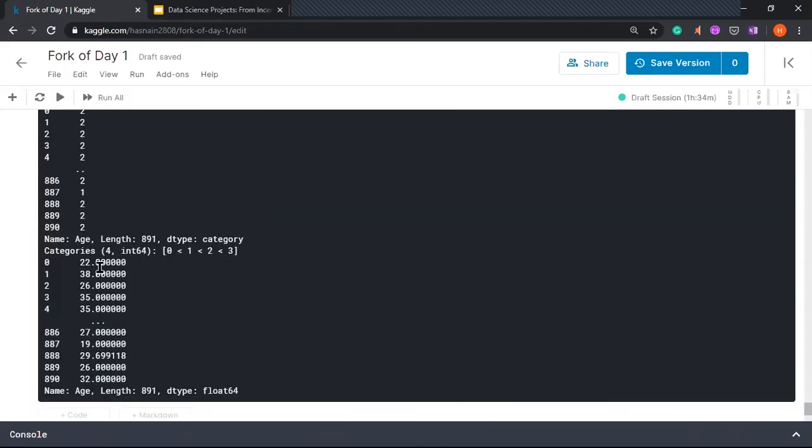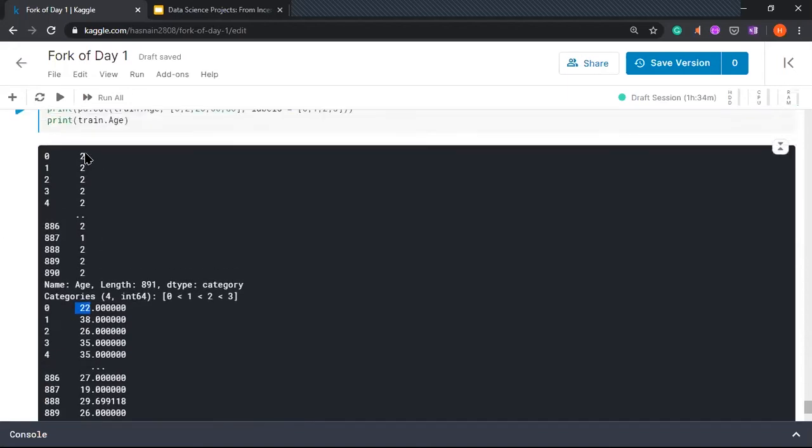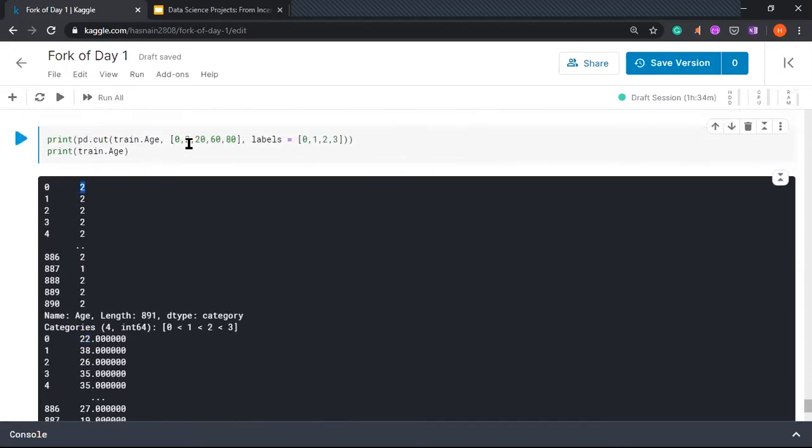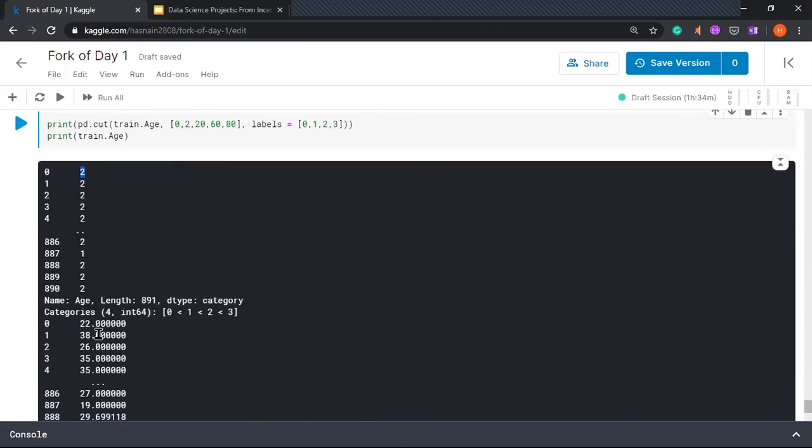Yeah. So as you see, for the first one it was 22. So it assigned it the bin number 2 because bin number 2 lies from 21 to 60. The second one was 38, which was again between 21 and 60, so it assigned it label 2.